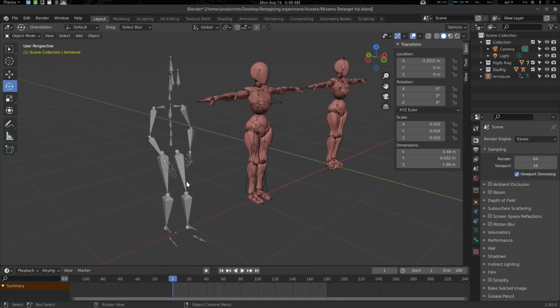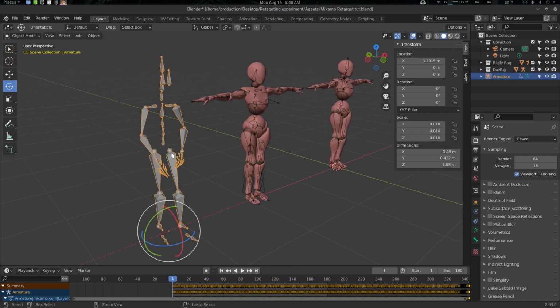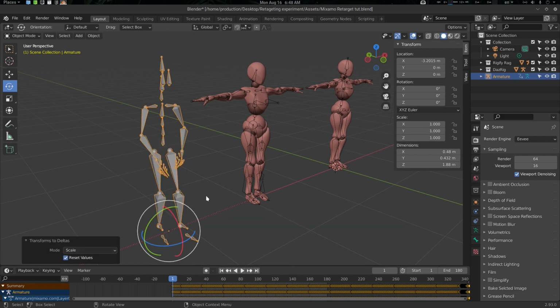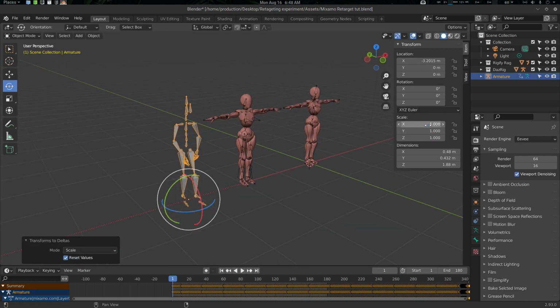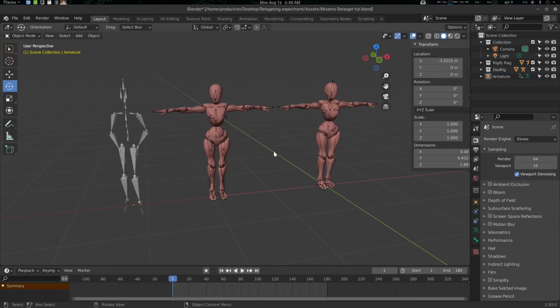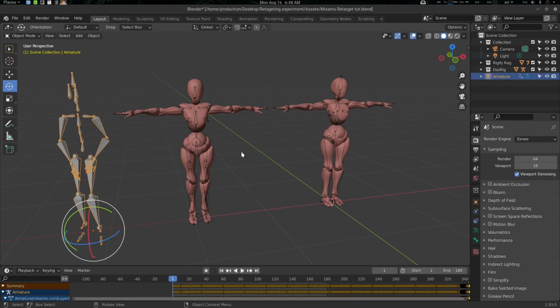Okay, so there is also a scale. It is not needed, but if you want to, then you can press Ctrl A and scale to deltas. Then it will be 1. Okay, location doesn't matter. So now everything is alright. So let's get started. Select this Mixamo. I'm going to name it Mixamo,